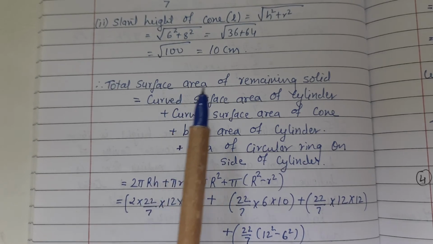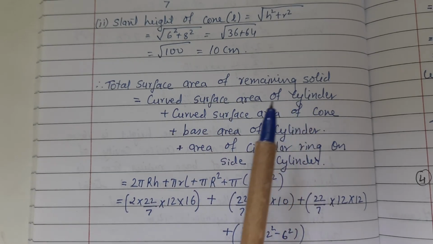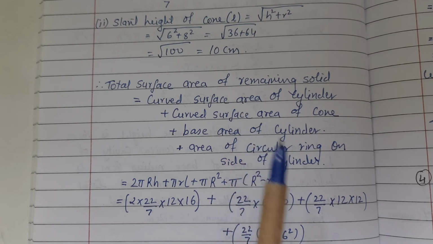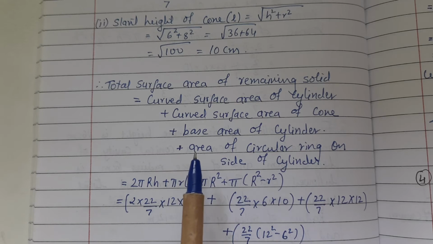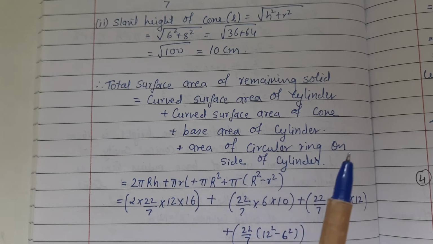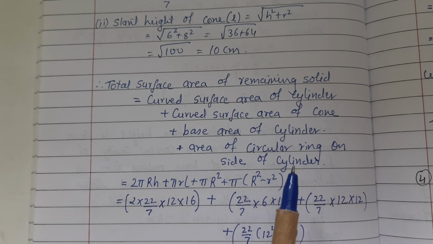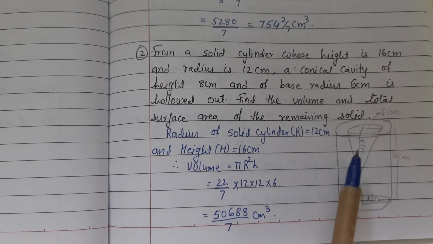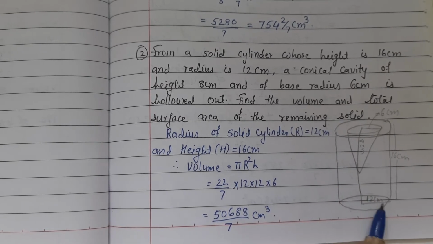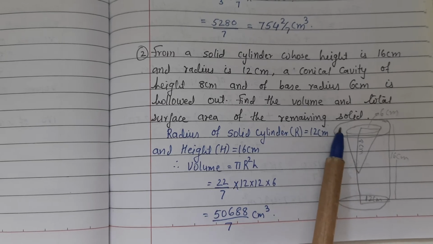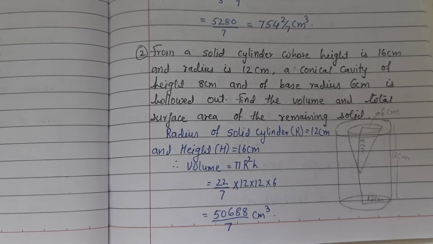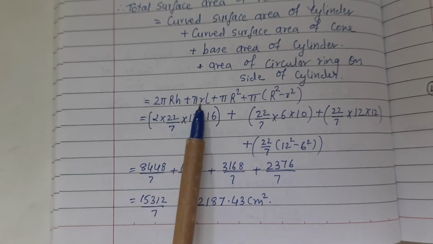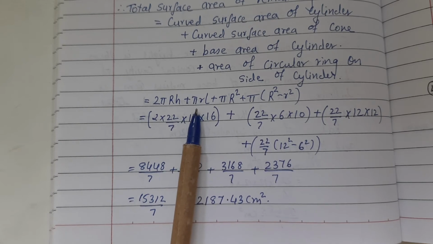Therefore, total surface area of remaining solid is curved surface area of cylinder plus curved surface area of cone, plus base area of cylinder, plus area of circular ring on the side of cylinder. Which is equal to 2 pi r h plus pi r l, curved surface area of cone,